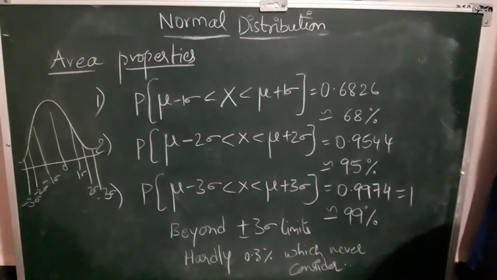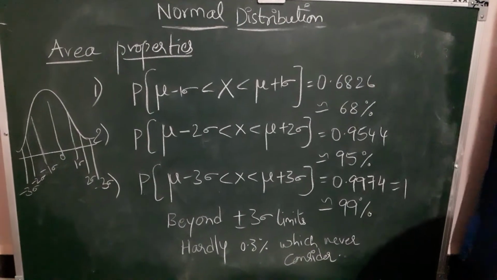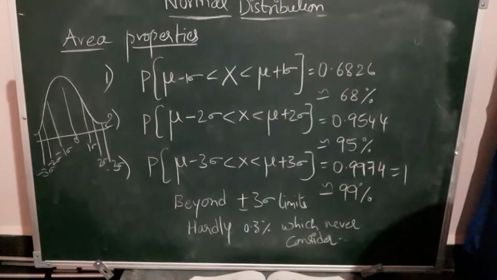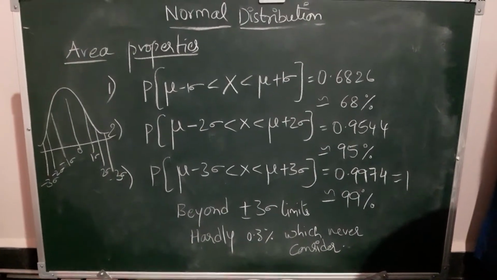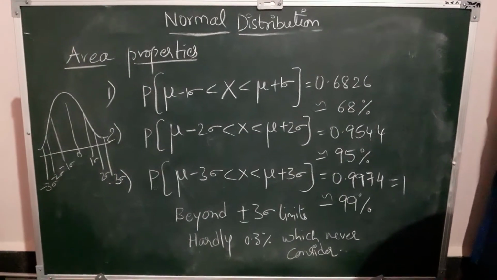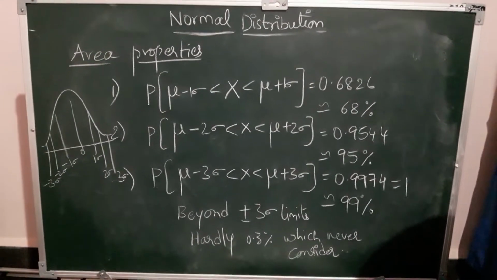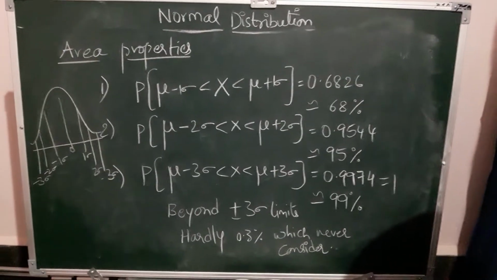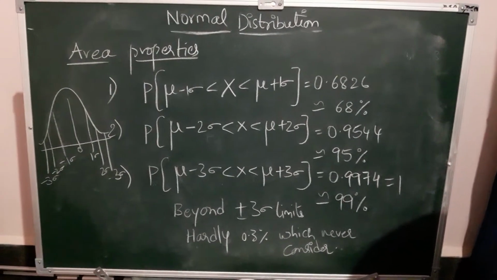With this I am going to end the properties of normal distribution. Totally how many properties have I given? Property number 1, it is a bell-shaped curve. The probability curve of a normal distribution is a bell-shaped curve. Property number 2, the normal curve is symmetrical about the mean. Here symmetrical means the mean, median, and mode coincide at mu, and at the same time, what is the value of beta 1? 0. Very important, beta 1 is 0.